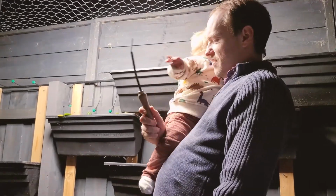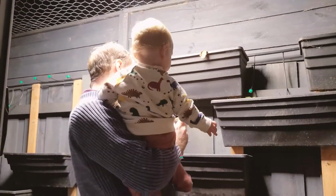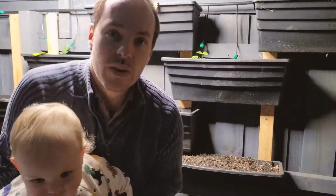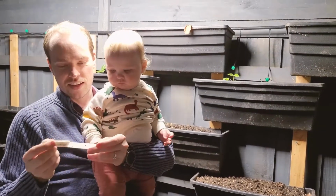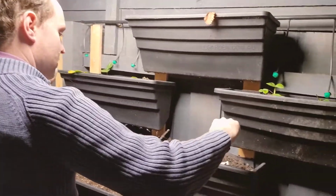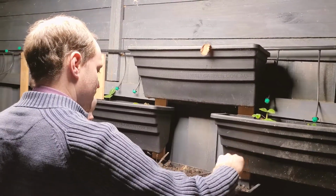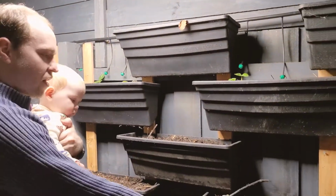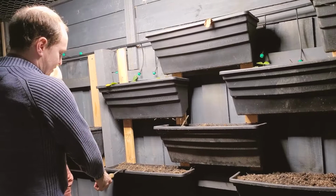A couple of days later, I have my little helper with me, and I'm just going to loosen up the soil that the cats have compacted by walking over. So here we're growing some spinach, and we're just going to use this strip which has the spinach all nice. So over here we've planted some carrots similarly. Over here we have some coriander and we have some...